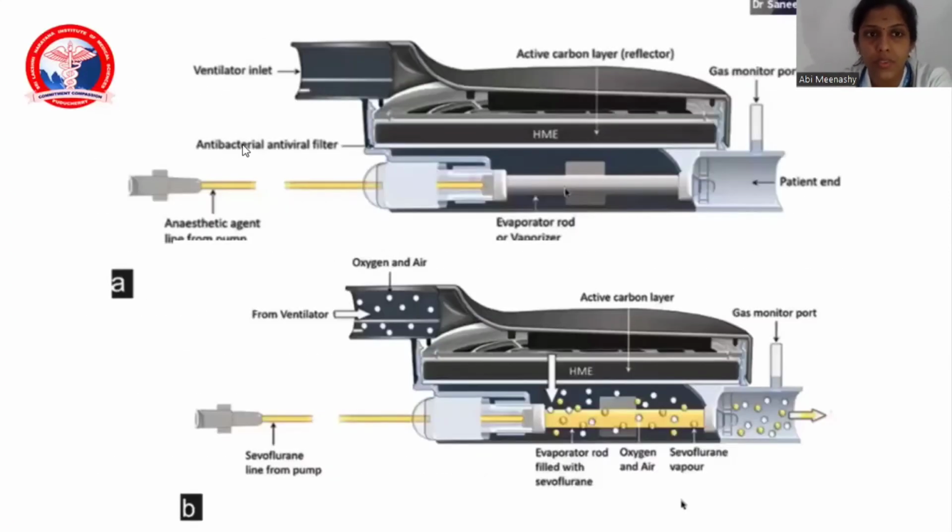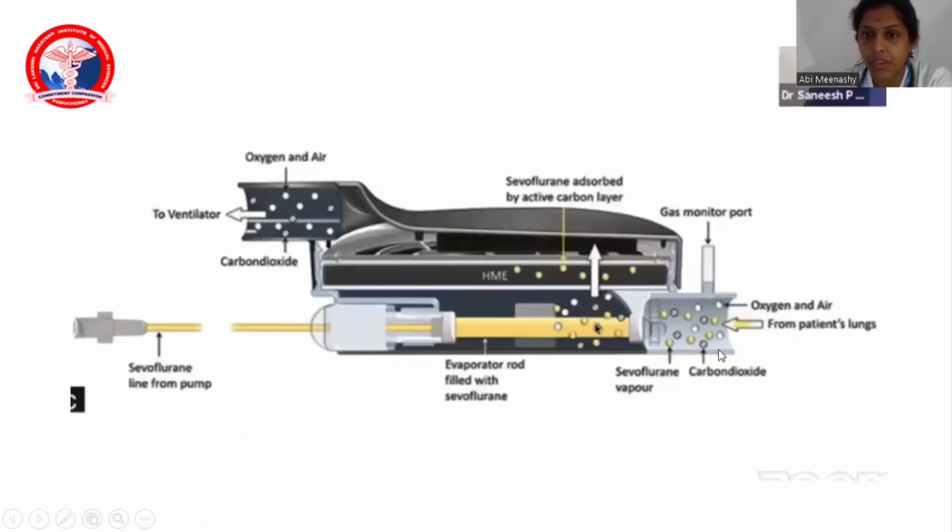Okay, this is how it comes in. Anesthetic agent comes in. The liquid becomes vaporized, and it is being sent to the patient. So the sevoflurane line is being pumped into the Anaconda vaporizer along with the HME. The liquid becomes vapor and it is being given to the patient. While coming back from the patient,